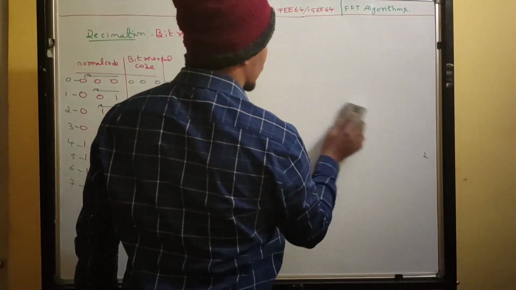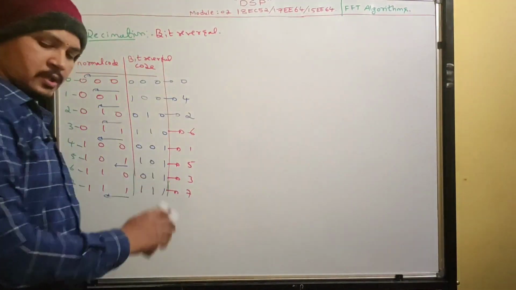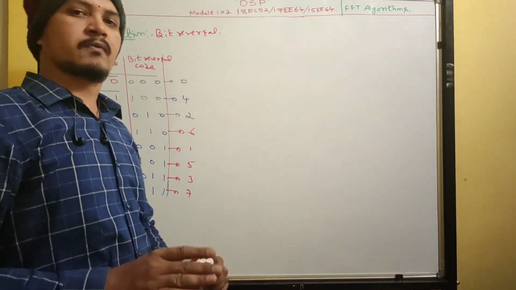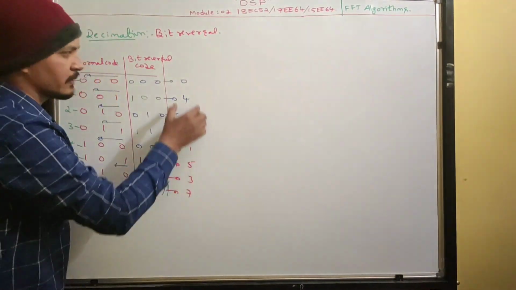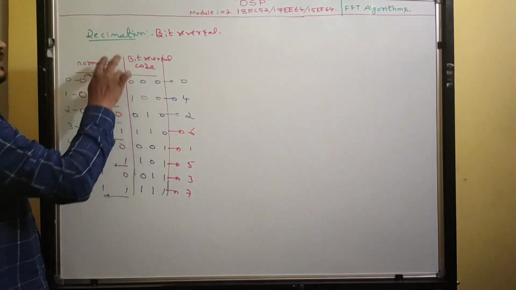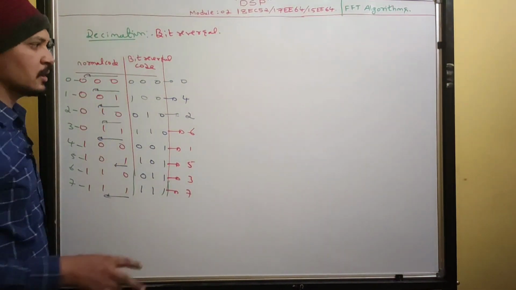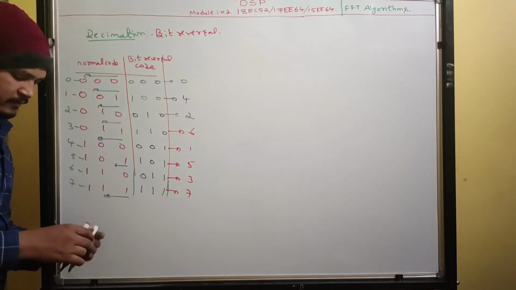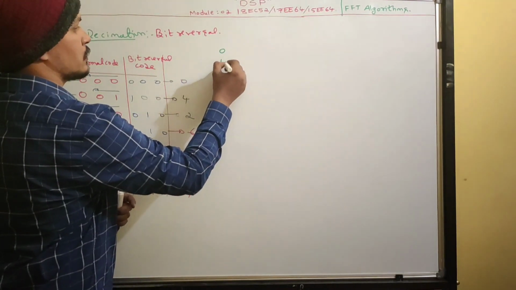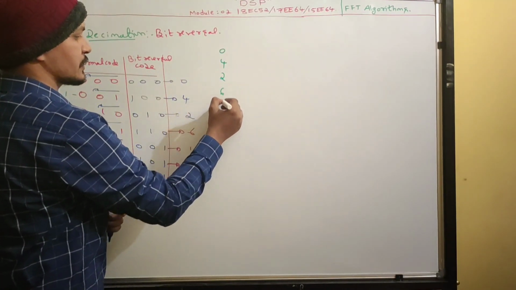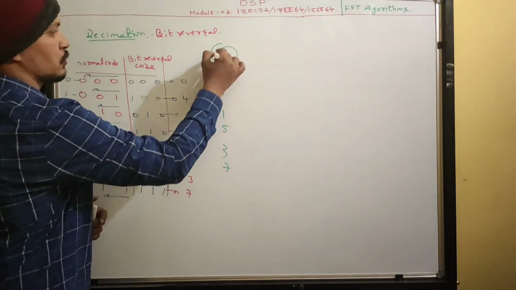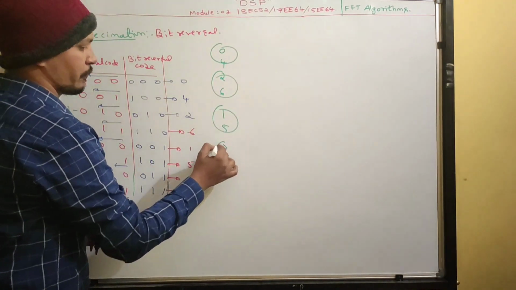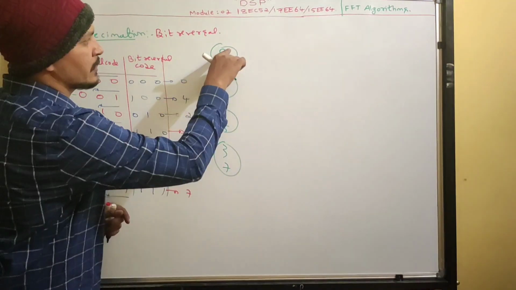So guys, this concept is more than sufficient to write all signal flow graph methods. Okay. So this is called bit reversal order. So whenever the word decimation is there, you should write this is your sequence. Okay, 0, 4, 2, 6, 1, 5, 3, 7. You take two groupings. Okay, take two groupings. So bottom number minus upper number.